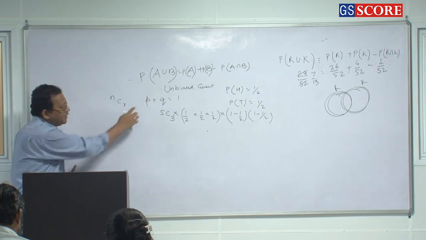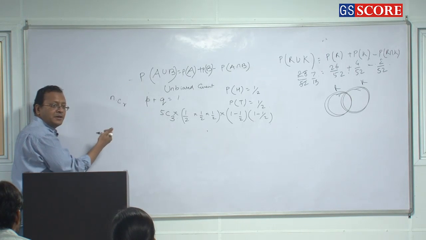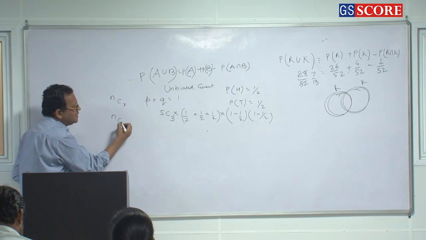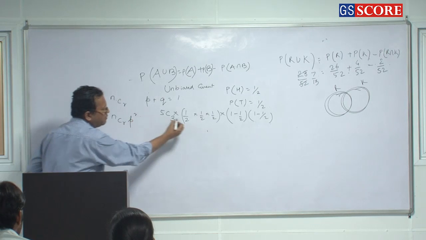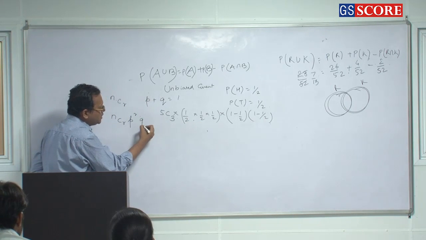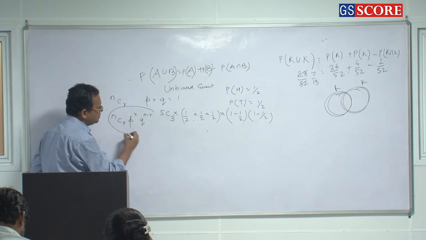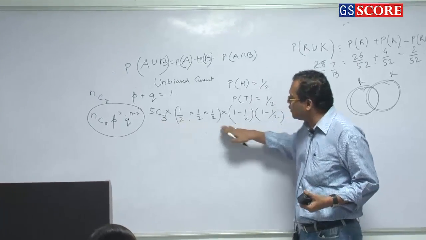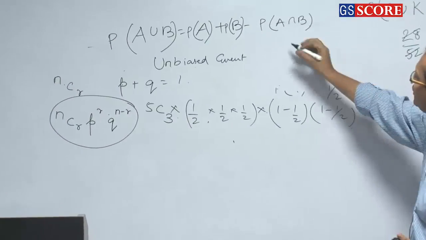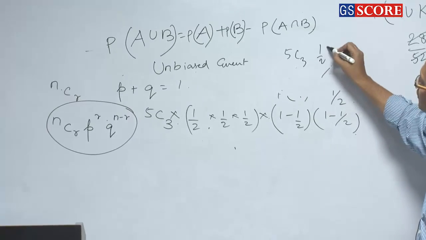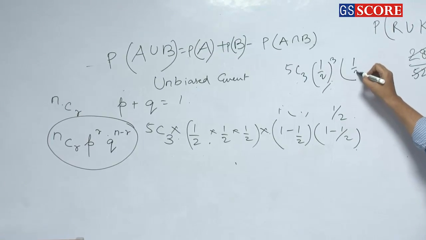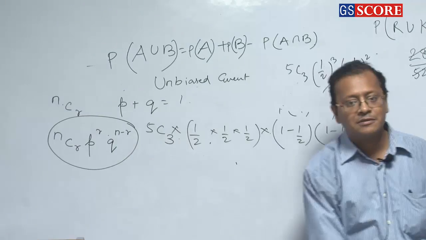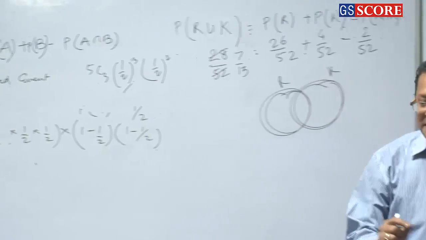Clear or not? Again the inverse part, happening plus not happening. So what is the probability that out of n cases r happens in favor of me? It is nCr p raised to the power r, because half raised to the power r, and q raised to the power n minus r. Must just remember this formula, you can do any cases. Out of 5 cases, 3 show heads. So you can say 5C3 half की power 3 and the other half whole square. As simple as that. Just remember these small things.